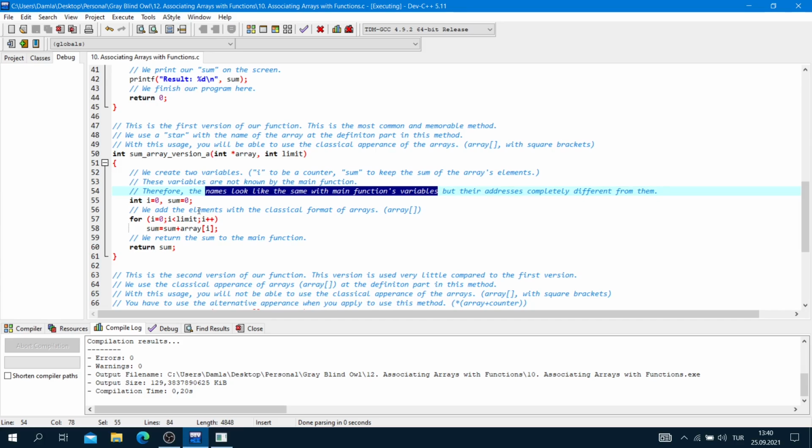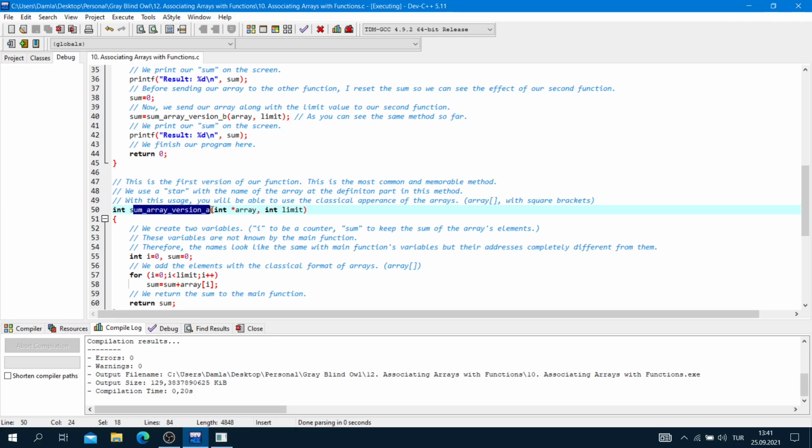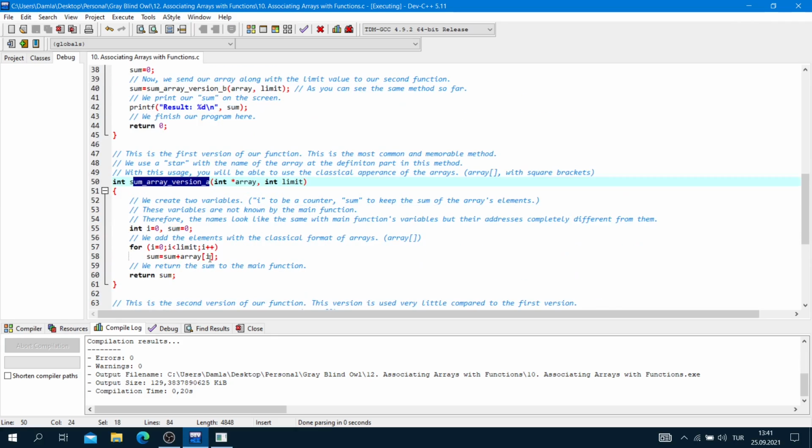Now we add the elements with the classical format of arrays. So for i is equal to 0, i is less than limit, and i plus plus, sum is equal to sum plus array i. This function knows our array because we sent it here before. Okay, return sum.